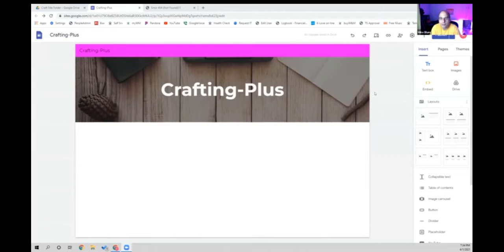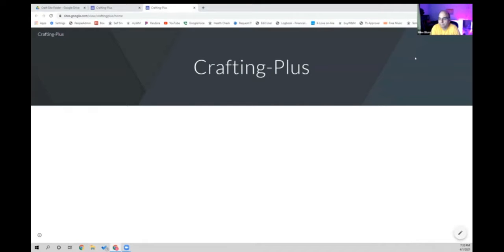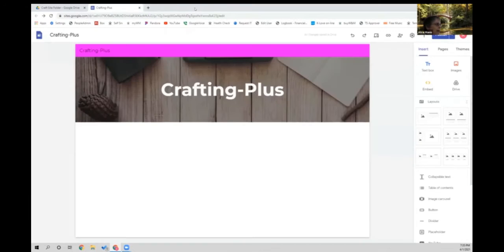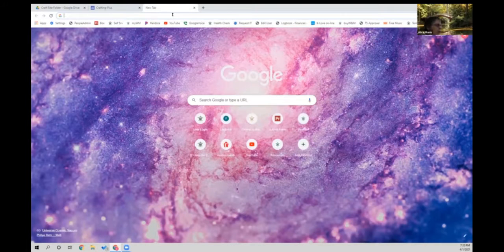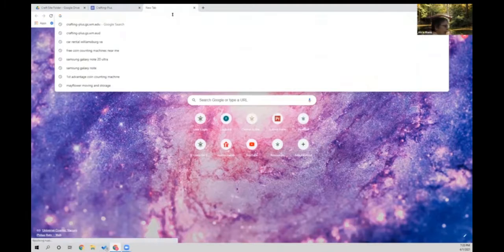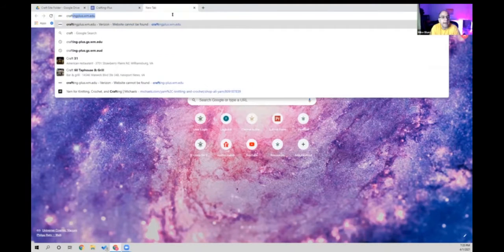Okay, so there's your page. That's your editing page. And now if you pull down by publish, you've got that arrow. And you're going to say View Published Site. And there it is. Oh, it hadn't gone. Okay, I hadn't saved that. Yeah, you're going to have to save it whenever you do something. But you said to go to it directly with the shortcut. Yeah, so you go to